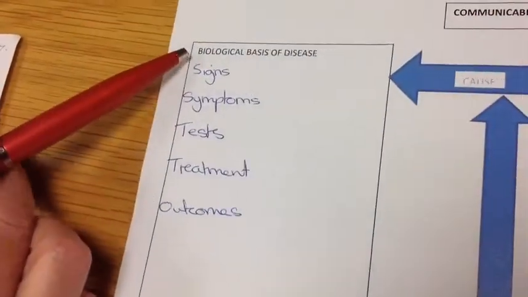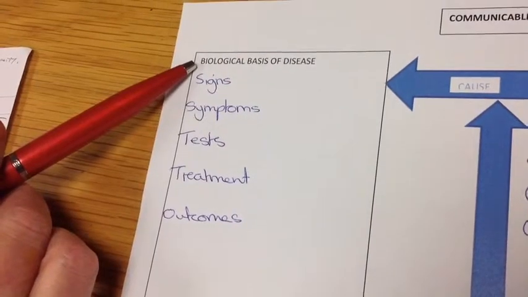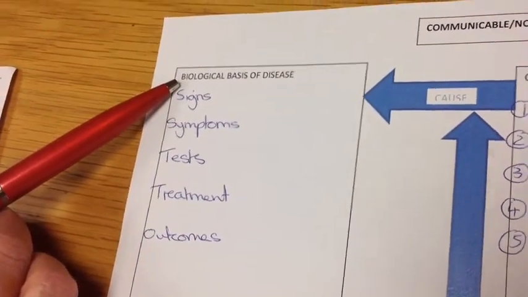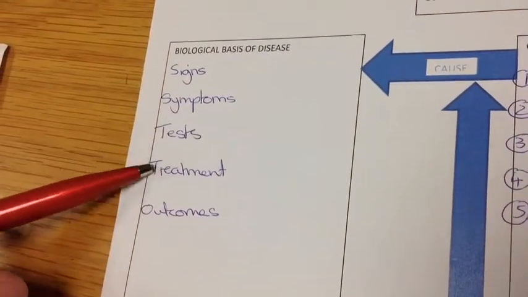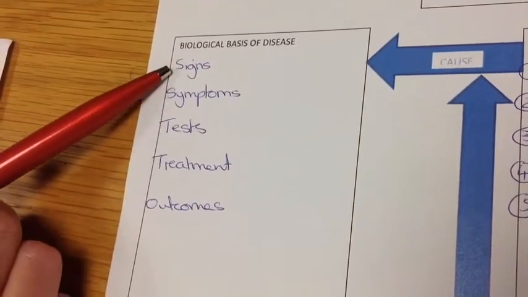I'm going to do a communicable disease of influenza. So we're going to look at the first box, the biological base of the disease. We're going to talk around signs, symptoms, tests, treatment and outcome. So first of all,